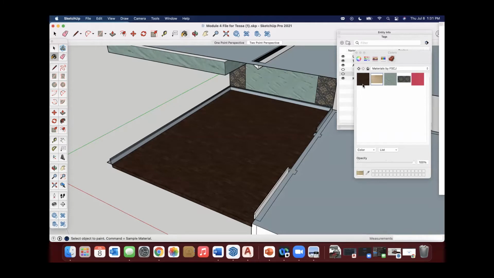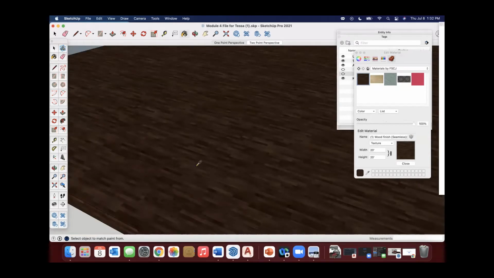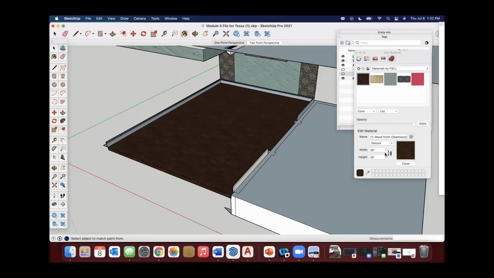Now, there's a couple different ways that we can do this. One, we could try modifying by right-clicking on the thumbnail, clicking edit, and adjusting the width and height. For whatever reason, SketchUp on my Mac has been a little funky with taking in and adjusting the scale of materials, because you can see that this one has been adjusted and set to 20 feet, but those planks are still showing as really small. So it doesn't always work like it's supposed to. I find sometimes it's a difference between Windows versus Mac.